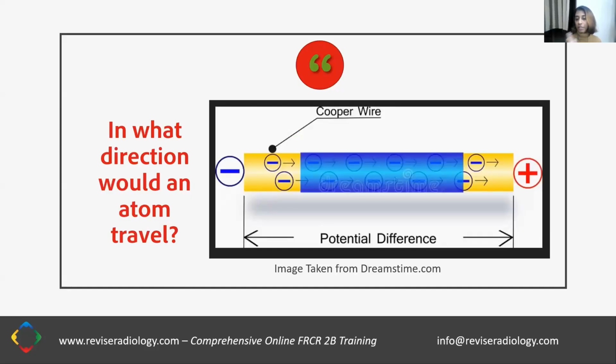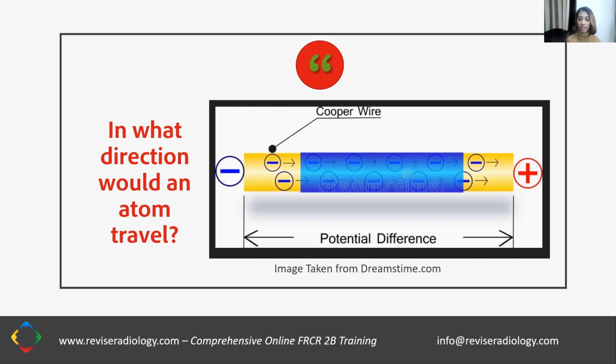This is a potential difference. Charges will travel according to their positive or negativeness in a potential difference. So as we can see, the negative charges are moving away from the minus sign, and the positive charges, if there were any, would move away from the plus sign, because likes repel and opposites attract when it comes to